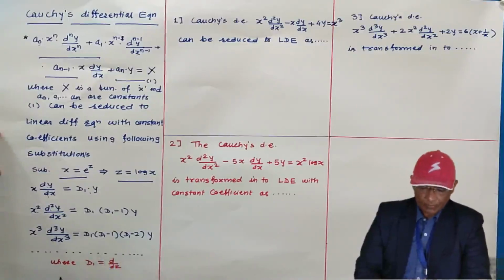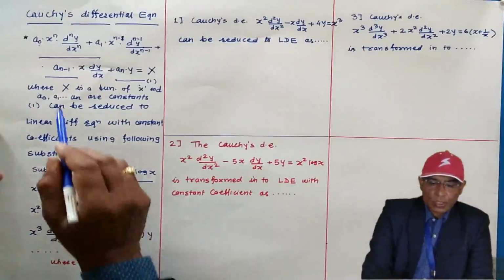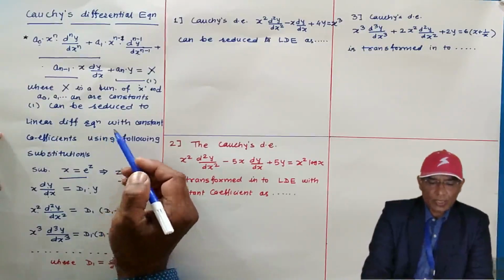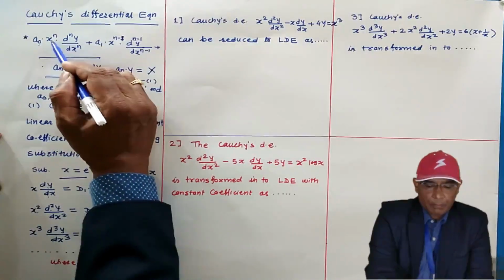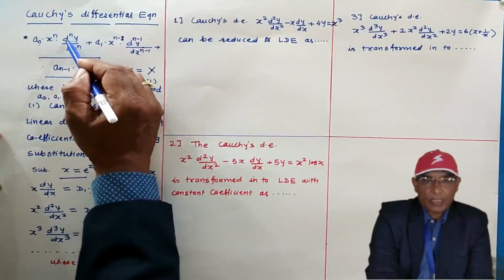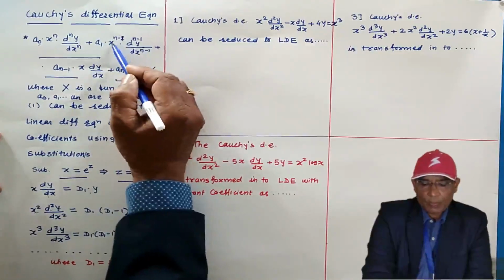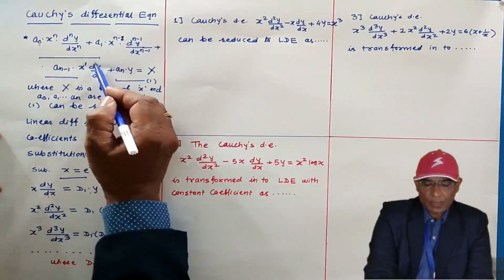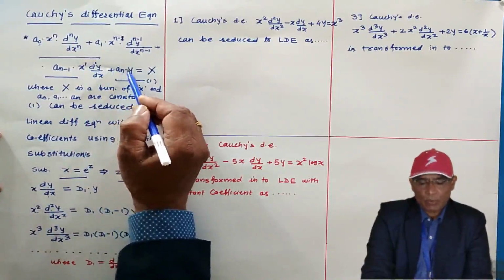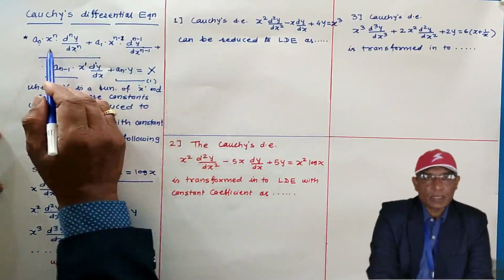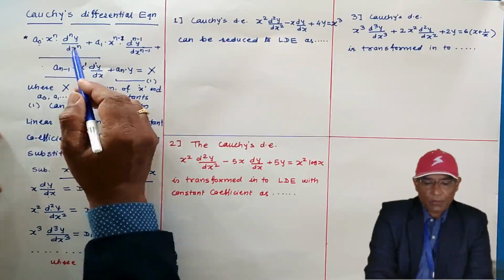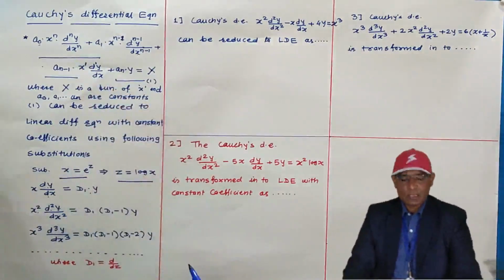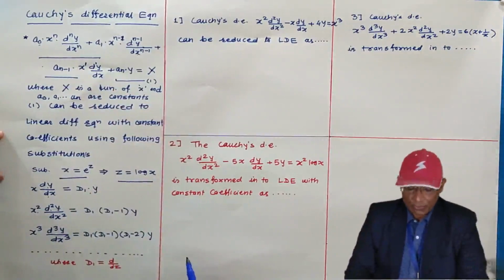make clear this point. Now, in Cauchy's differential equation, how to identify whether it is a Cauchy's differential equation or not? In short, I tell you, roughly, power of x is n, power of d is n in the first term, power of x is n minus 1, power of d is n minus 1, power of x is 1, power of d is 1, power of x is 0, power of d is 0. Means power of x in each and every term and power of d must be same, roughly. Okay, in this way you can recognize whether the given differential equation is Cauchy's differential equation or not.